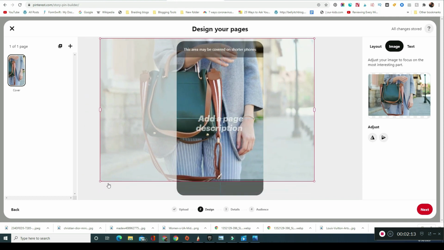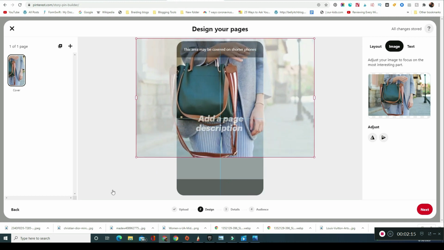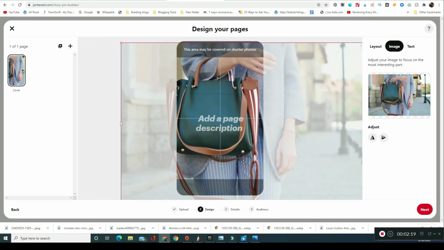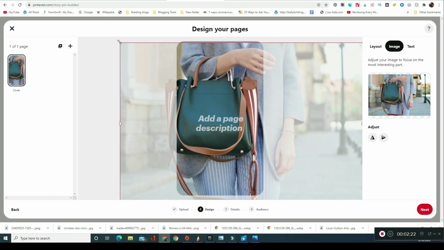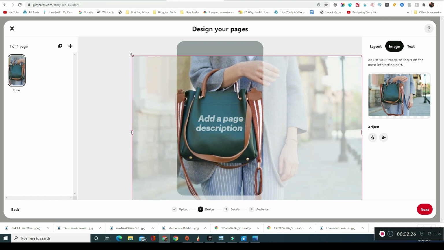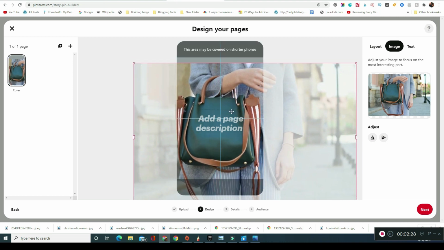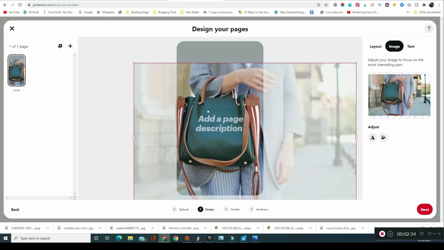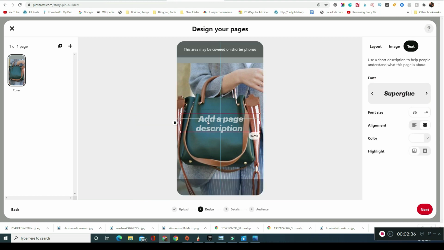So you can make it smaller to fit, or you can just move it around. So I'm going to move it to here, and maybe make it a little bit smaller. So that's my thing. So I have the bag in there. You have the hands, so it's a woman, and that's also great that it's over here. That way I can use the words and use the solid background of this bag to be the background of